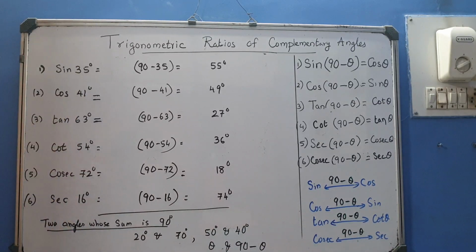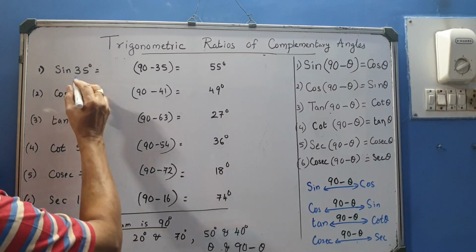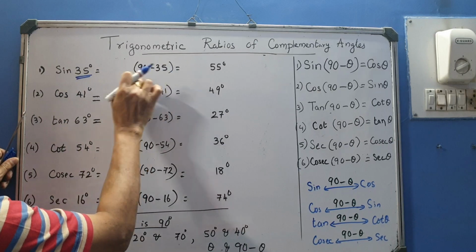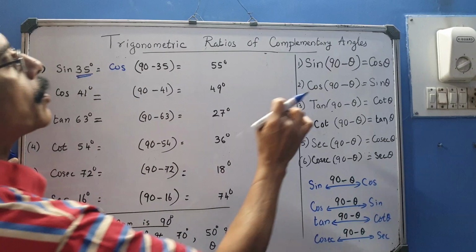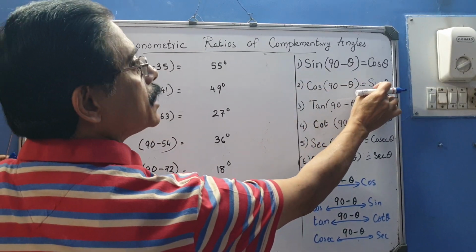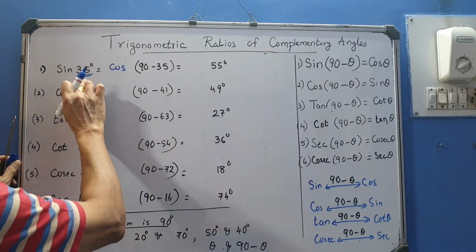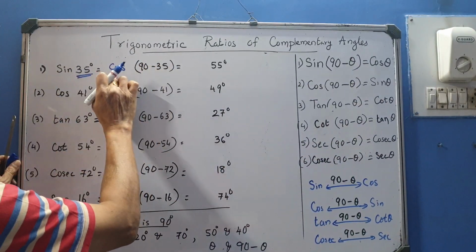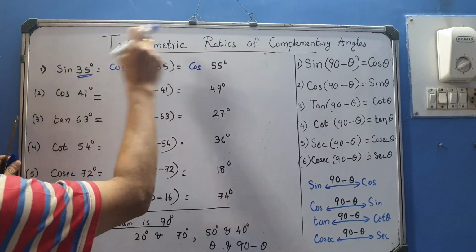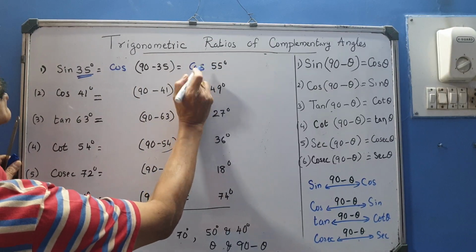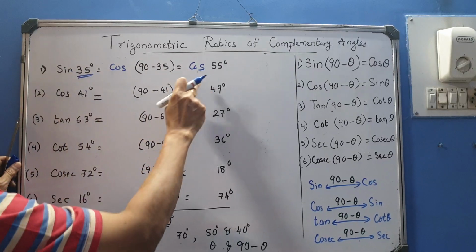Okay, now let's take some very simple questions. Sine 35, and finding the complement of 35. Complement of 35 is 90 minus 35. In that case, sine becomes cos. Why? Because see, cos 90 minus theta is sine theta. If you find the complement of theta, 90 minus theta, cos becomes sine. So if I find the complement of 35, 90 minus 35, we get cos, and subtracting the angle gives cos 55. So sine is changed into cos by finding the complement. Sine 35 is the same as cos 55.